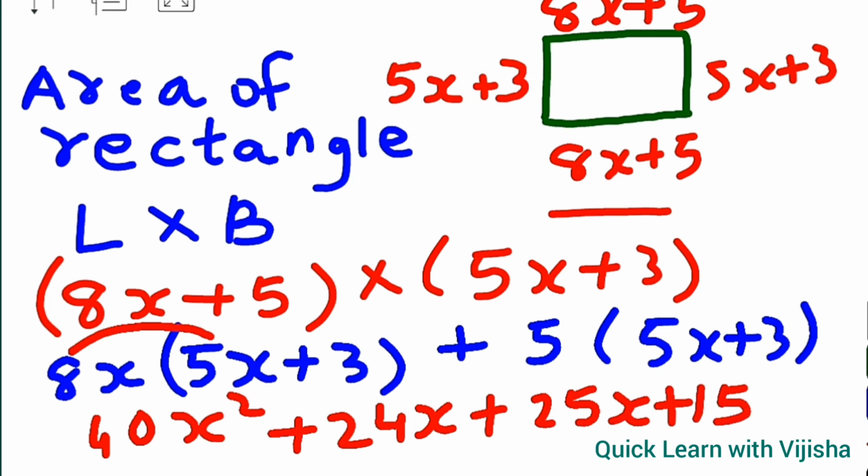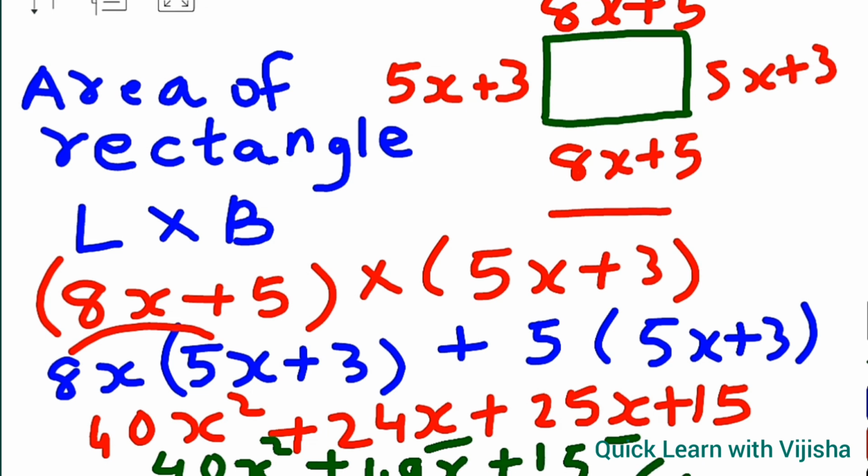Understanding, children? Now one last step is there in this. We will be writing 40x square plus 24. Here x terms are there, so we will add both of those. It will give you the answer as 49x plus the last number, 15. So don't forget the units also, as it is a question for area. Don't forget to put the unit also. It always comes as square, and what is the unit given in the question? It is given as centimeter. So this way only your question gets completed. Understanding, children? So this is the complete answer for question number 2.